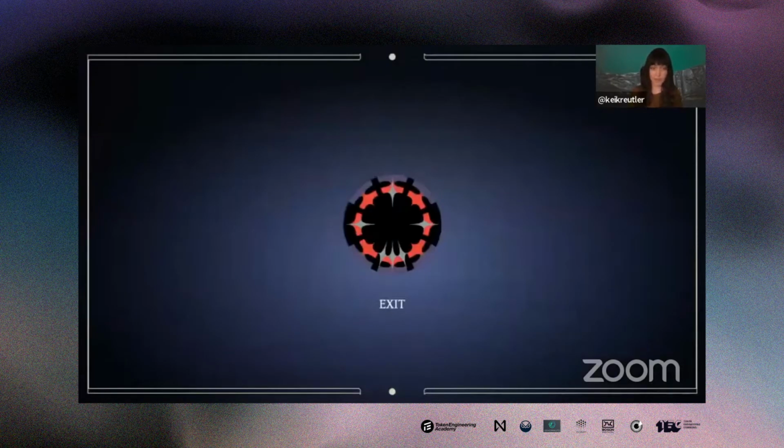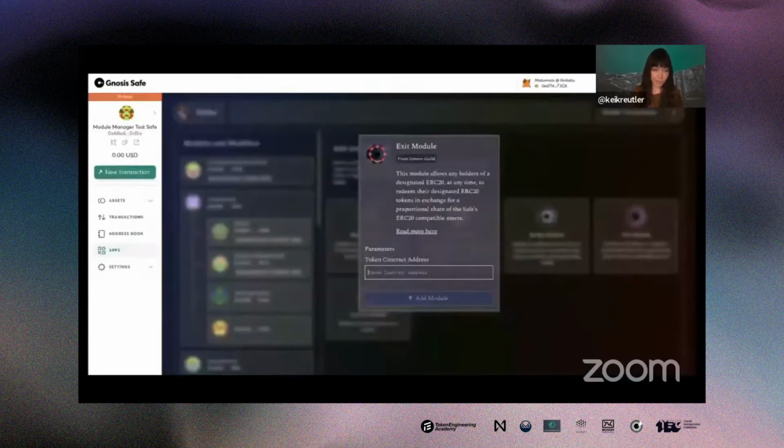Then, using the Zodiac app, they equip Exit, so that anyone who holds their token can leave the organization with their proportional share of the funds they initially invested. And no shade, but Constitution DAO really could have used this. Available through the Zodiac app on Gnosis Safe, the Exit mod basically just prompts you to enter a token contract address, which refers to the ERC20 token, or coming soon, NFTs, that participants can redeem for a proportional share of this account's funds. The Exit mod here is similar to Moloch's infamous rage quit function, but with greater optionality.